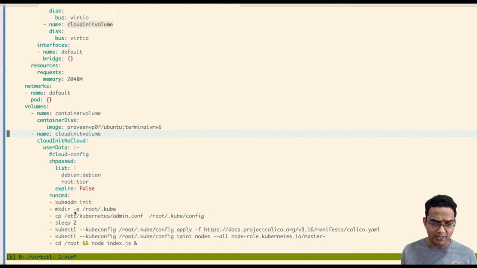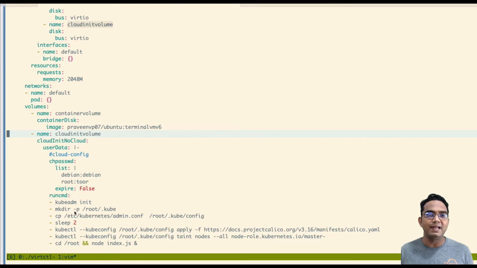in which I set my root password, and here, very interestingly, I am now creating a Kubernetes instance on that. So what we are saying is, I'm going to spin up a VM instance, and in that VM instance, I'm going to create a Kubernetes cluster. So this gives you a way to create a Kubernetes in Kubernetes kind of setup, which is very powerful. So think about the possibility here.